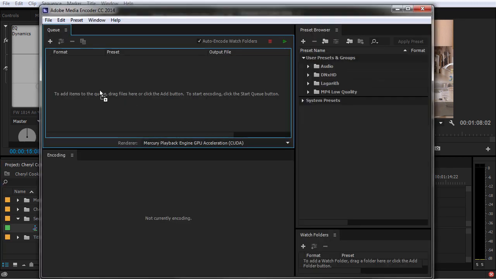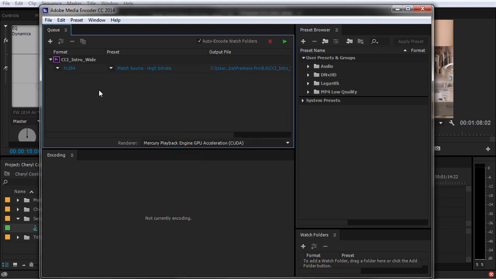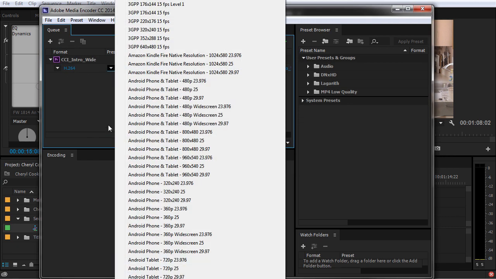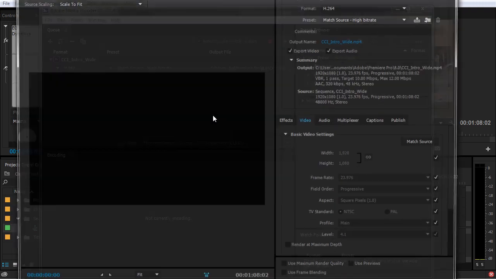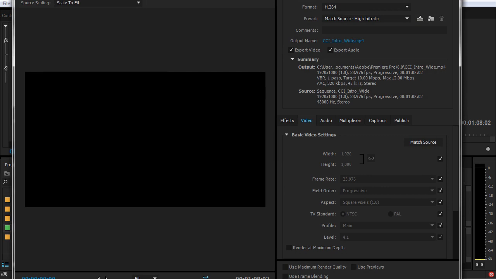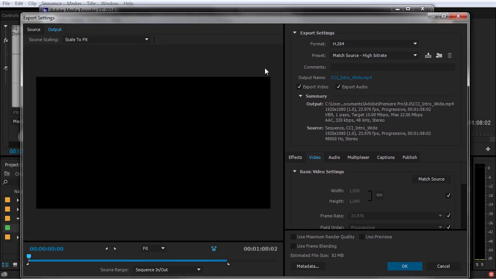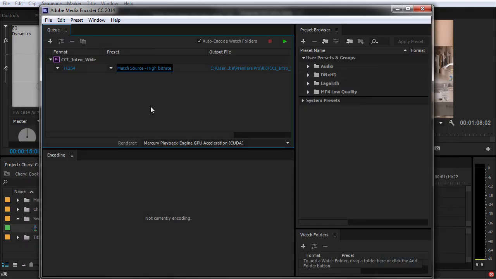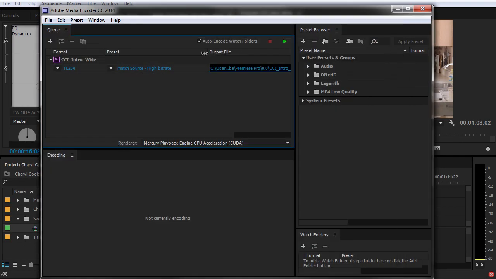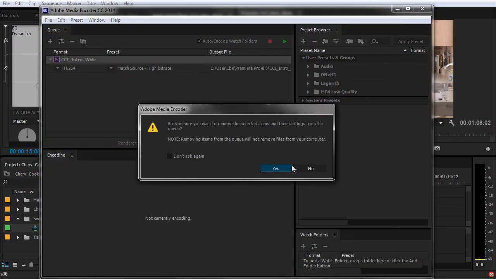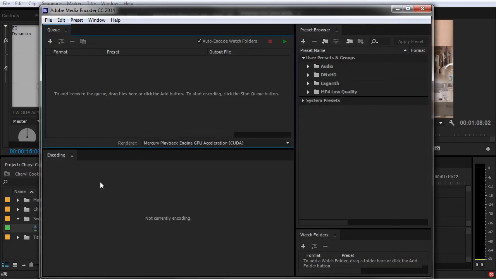I'm just going to pull this right into Adobe Media Encoder, and it's set to H.264. I can change the preset here if I wanted to. Could also just click right here, and then it'll launch this export settings dialog box here. And I can make all of those same adjustments just like I just did. And it'll update here. I can also change where it's going to save. I'm just going to delete this here.